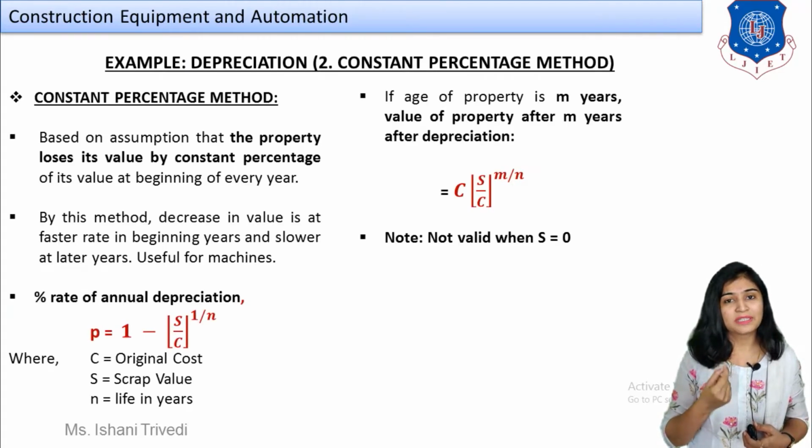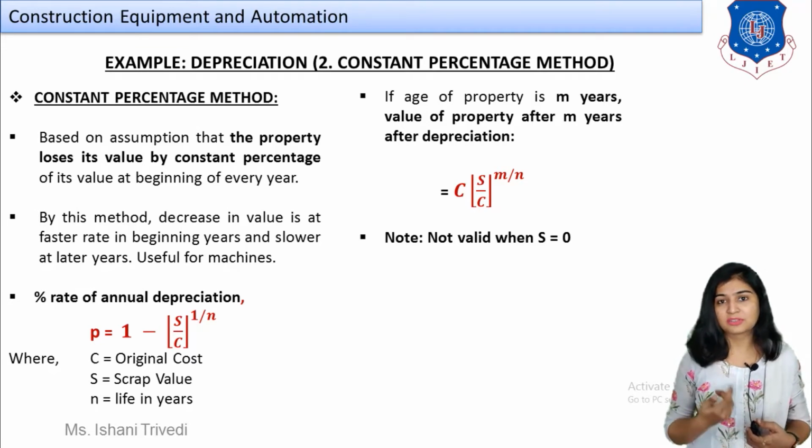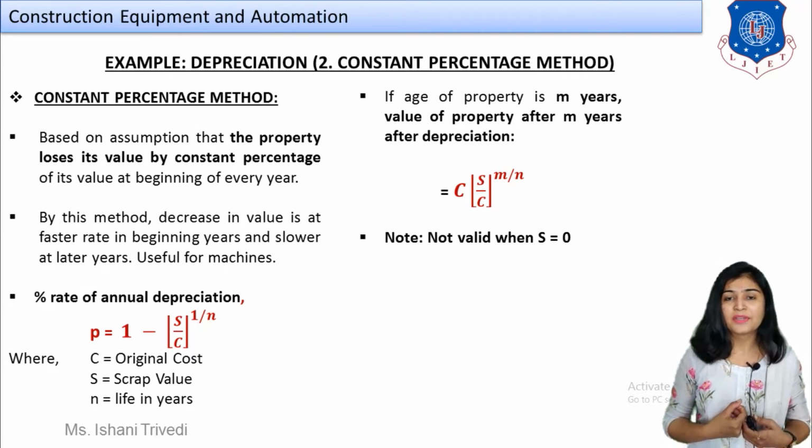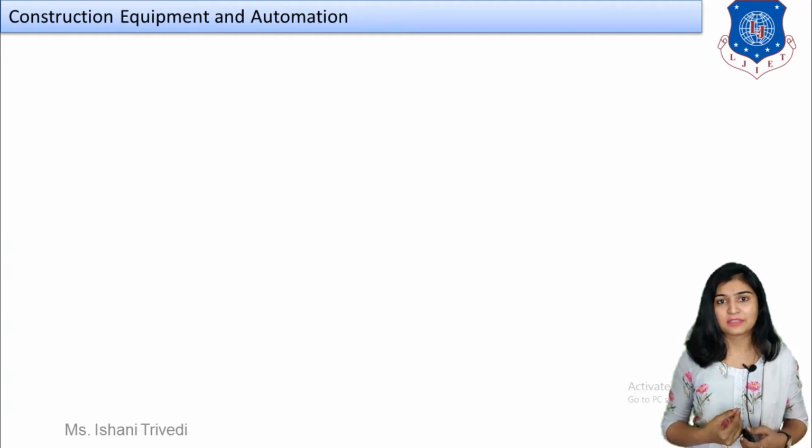By this value you will get the depreciation directly at the nth year, right? And if you want to calculate step by step, year by year, then you will always use the first formula flashing over here. Now please mark that if the scrap value is equal to 0, then the formula having the m year is not going to be valid, obviously, because there will be no result in this formula. So the scrap value should be at least 10% when you are discussing this.